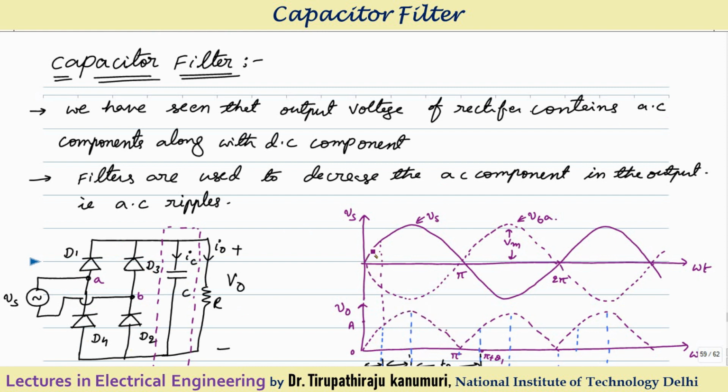So here where the Vs is represented, this is my supply voltage, or this is nothing but the voltage that is applied across the terminals A and B, and the voltage of B with respect to A will be opposite to the supply voltage. This is VBA. So for the positive half cycle of your supply, we know that the diodes D1 and D2 are forward biased and they will conduct. So your output voltage will come as this dotted line.